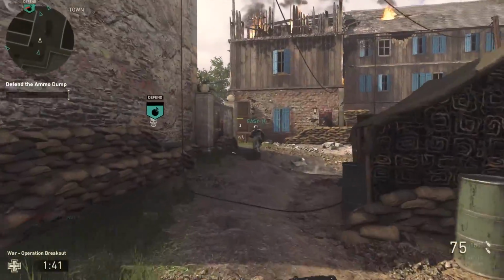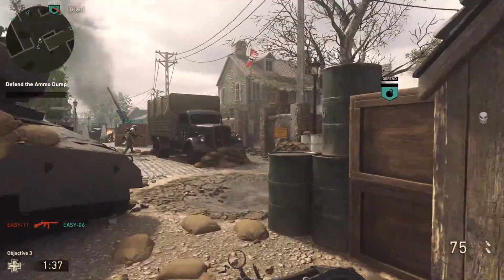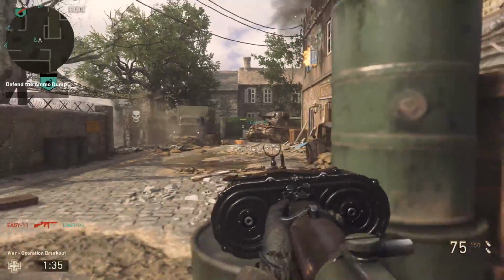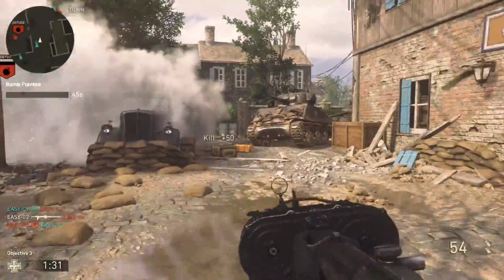And the final mode is going to remind you a lot of Overwatch. It's called Tank Escort. You have to escort this tank all the way to victory. The tank is not a score streak. It's only available in the war modes, and it's on autopilot. You don't drive the